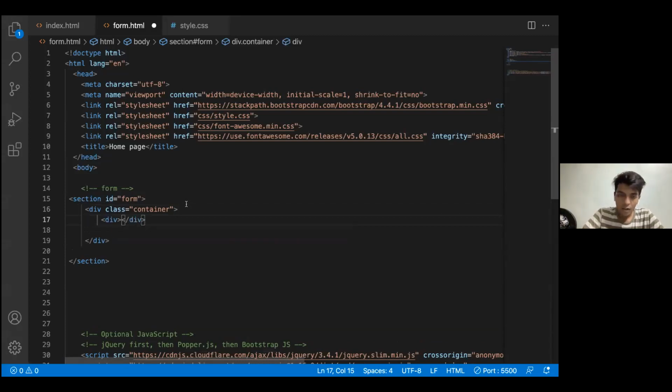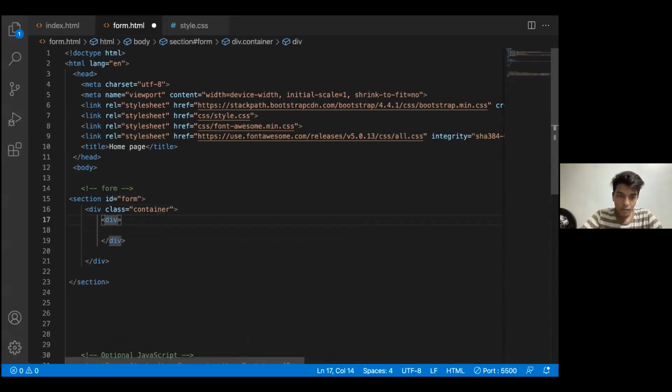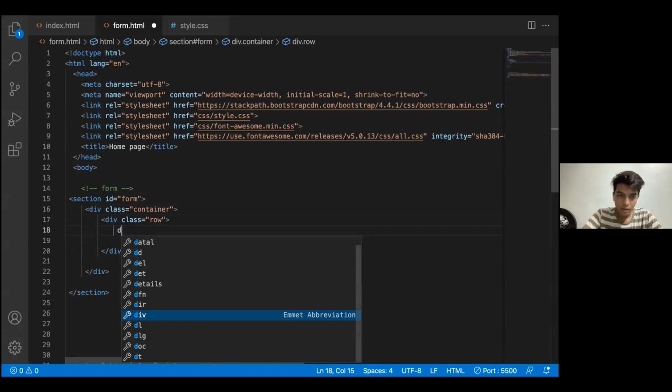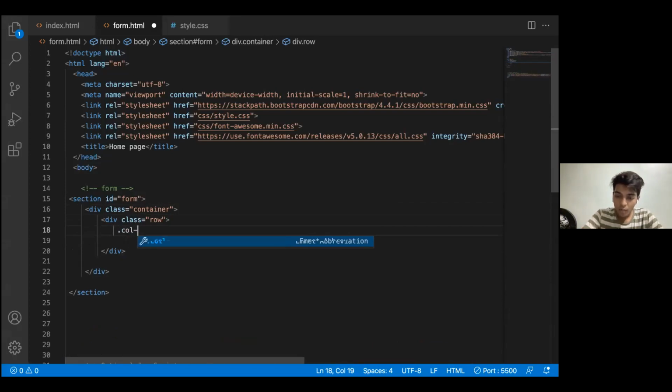Div first, I'll be giving a class of row, and then I'll be using a column dash MD3 class, and I won't be shifting this div downwards because I want my form in the middle.